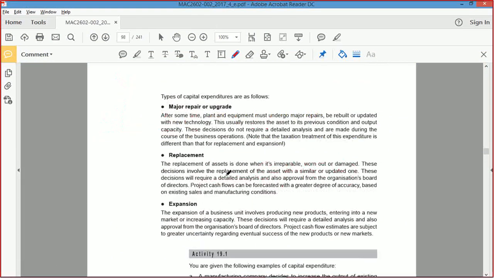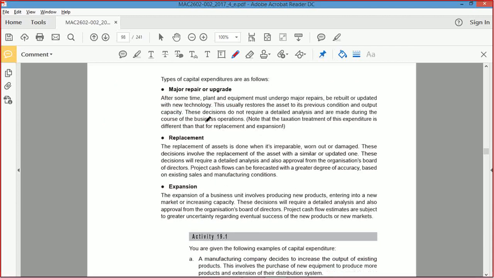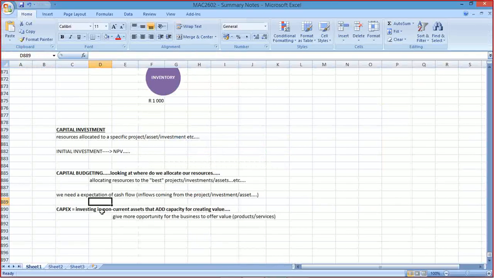They talk about a capital budget. All businesses will have a budget. Why do businesses spend money? Well, there's 3 different reasons. They can either upgrade or repair an existing item, they can replace it, or they can expand. Those are important considerations in terms of capital expenditure. Right, so why buy more non-current assets or CapEx? Let's write that down. Why spend more on CapEx? Well, number 1, to repair or upgrade